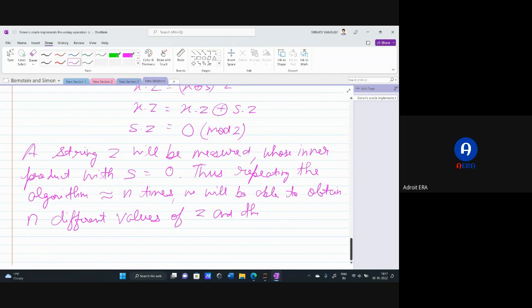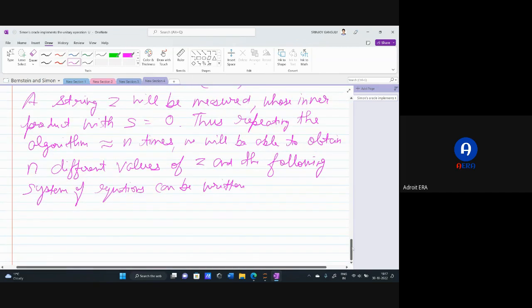and the following system of equations can be written. If you remember, I told you that you have to solve this later, and we have kept that for period finding. We are not going to use that for the secret string. I am just writing that for the sake of completion. So you will have these expressions as z1 dot s equals 0, z2 dot s equals 0, and so on,